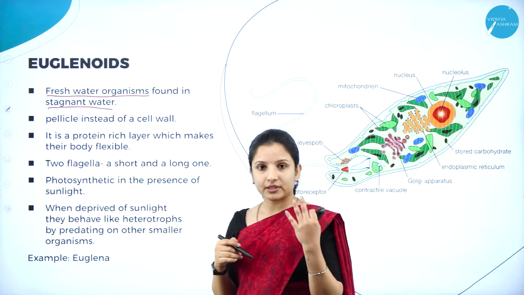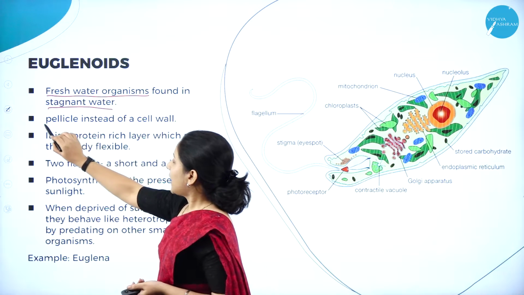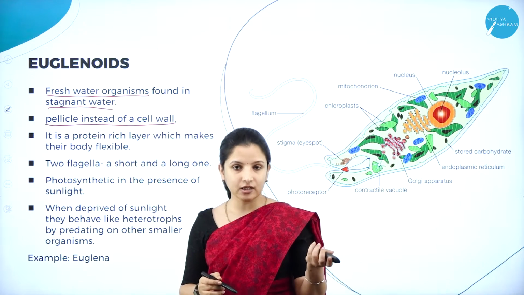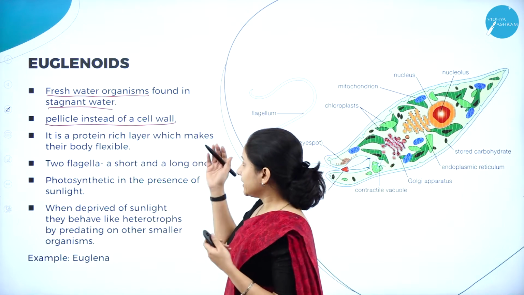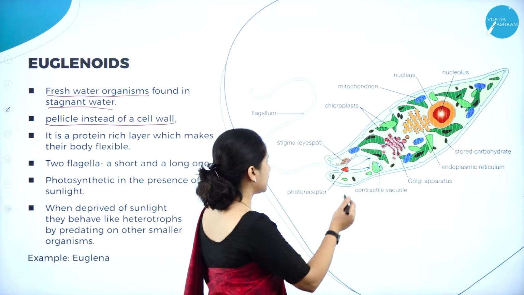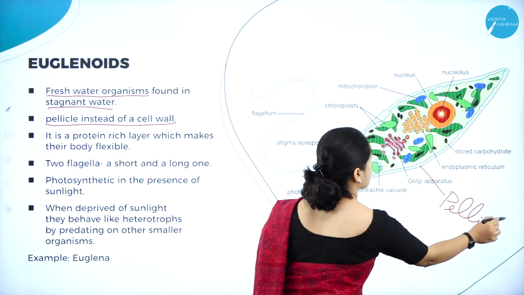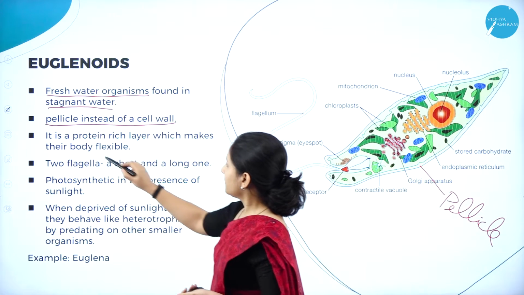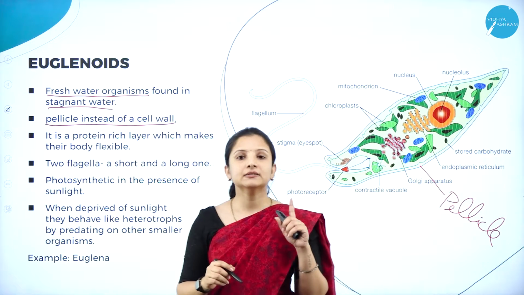They are present in fresh water, especially in stagnant waters. And they have a pellicle instead of a cell wall. Dinoflagellates had a cell wall made up of cellulose, but these euglenoids do not have a cell wall. Instead, they have something called a pellicle, and this pellicle is rich in